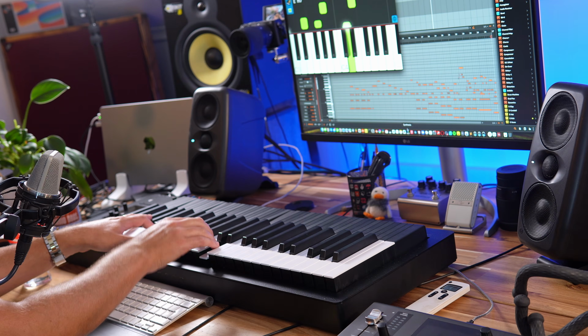There are 12 basic intervals that you should learn to recognize by ear, and these are basically the building blocks for any type of music and melodies. And if you learn these intervals, you also learn to recognize more complex chords and more complex intervals down the line. So let's dive in and explore the 12 basic intervals.